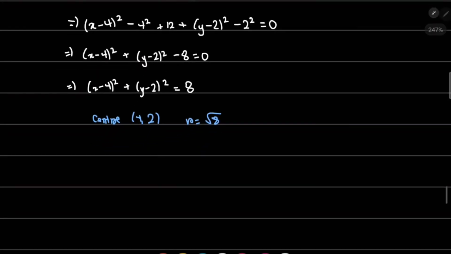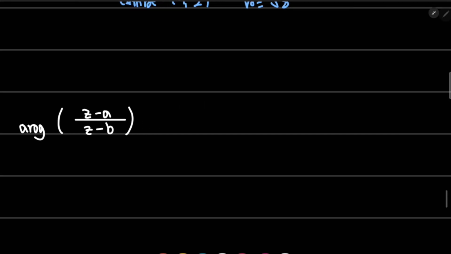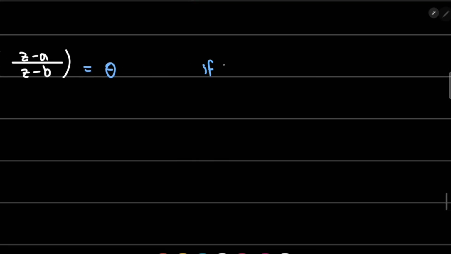It's the circle with center (4, 2) and radius root 8. Now there's a property based on the angle we have over here. So if I have arg of (z minus a) divided by (z minus b) equals theta, if theta is equal to pi by 2 or 90 degrees,